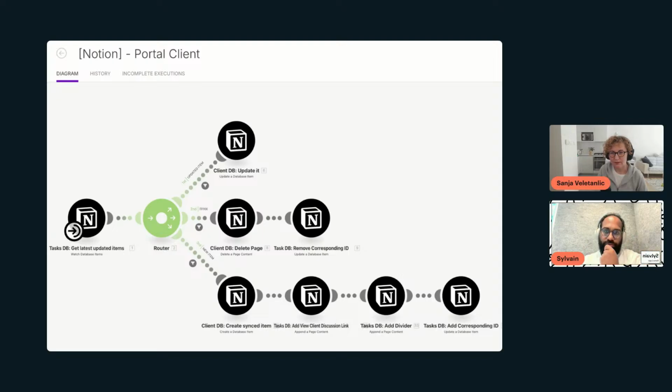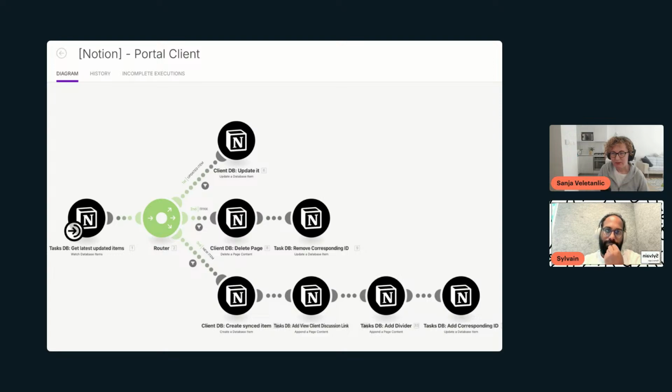So yeah. Okay. And this is done with Make, right? Yeah, it's another tool called Make, and it's pretty useful. There are a lot of capabilities with Make, so it's really interesting.